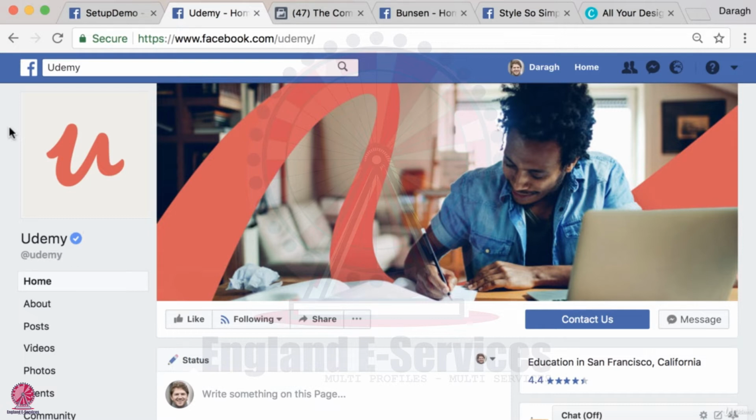Now, a couple of best practices for this type of business logo is that you can see that it's just two colors, which keeps it simple. You can see it's red on a kind of gray background here. So it needs to be simple, and also you can see that it's square here, but when you move down to actually see a post,